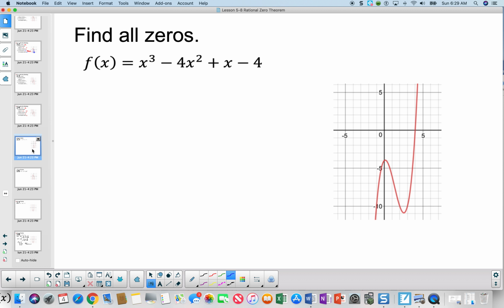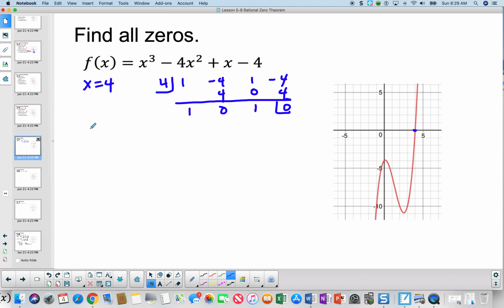Okay, let's go ahead and find all zeros. Now I'm looking at this picture and I can see one of my real roots is 4. So I know that x is equal to 4. So I'm going to start with 4 in my synthetic division. So that's going to be 1, -4, 1, -4. I'm going to bring that down: 1, 4, 0, 0, 1, and then 4, and then I got a remainder